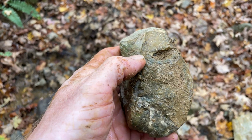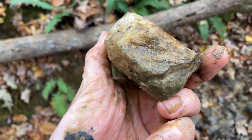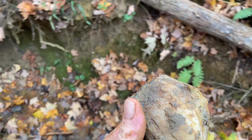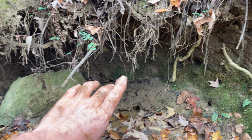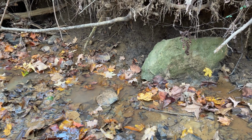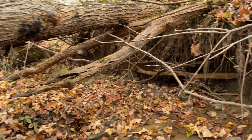Look at that big old eye inside there. So it did rain, and so a few of these have fallen out. Where these are buried is about 6 feet down, I'd say, from the ground level. And as this creek has been flooded out,